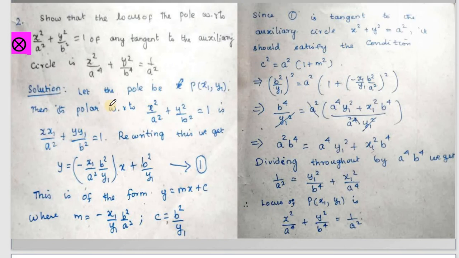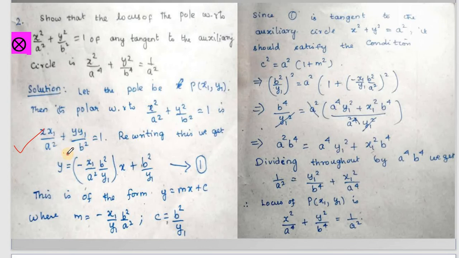Now something similar to this we have already discussed. Show that the locus of pole with respect to an ellipse of any tangent to the auxiliary circle is. So we need to find the locus of poles, which means polar is to be considered, and what is given above, because when we want to find the locus, some condition will be given. The condition given is the polar touches the auxiliary circle. So the known polar equation with respect to the ellipse is written first, and rewrite that